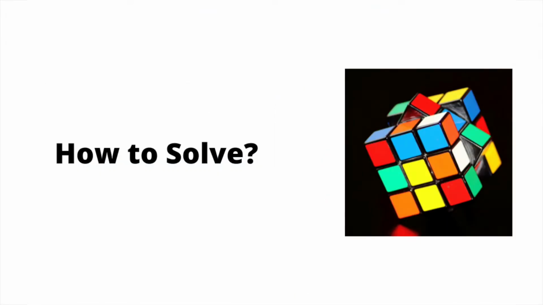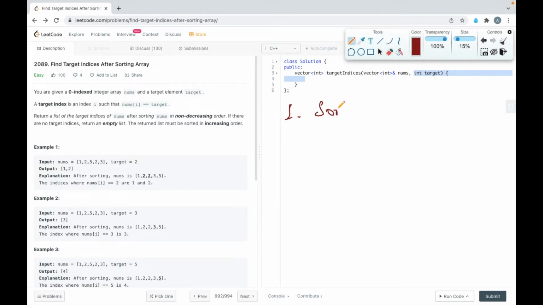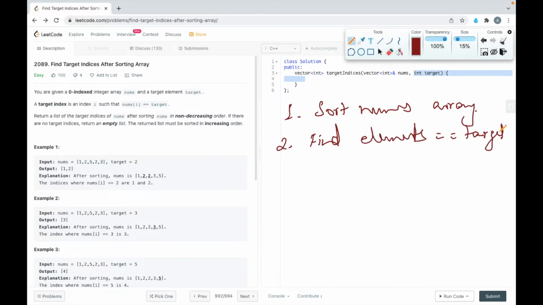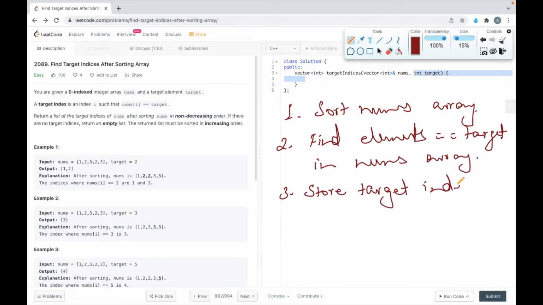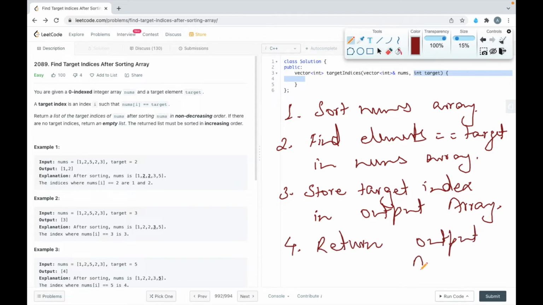So how can we solve this? So let me write these steps. Yeah, so these are the steps which we are going to perform.